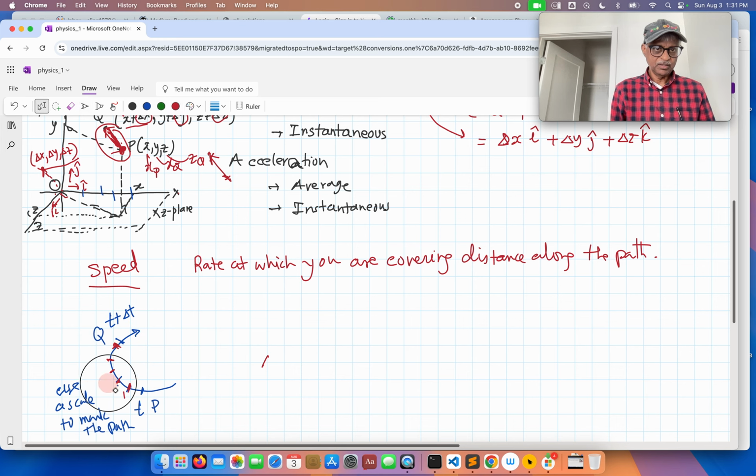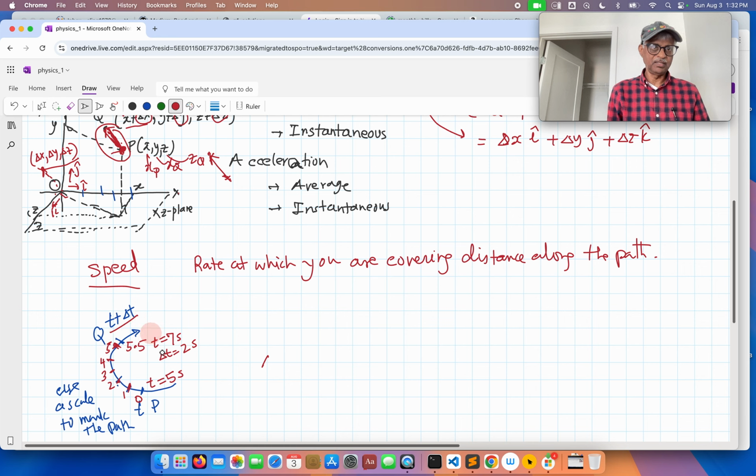So is there 1, 2, 3, 4, 5? Maybe if this was 0, then you went to Q is 5.5 maybe. And maybe the time here is T equals 5 seconds, and maybe T here is 7 seconds. That means delta T is 2 seconds, right? Because if this is T plus delta T, then time here is 5 seconds, so this is 2 seconds later than this time, right? Okay, so average speed will be